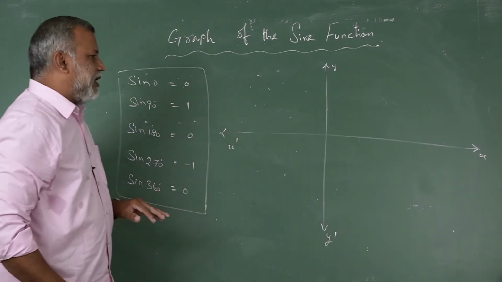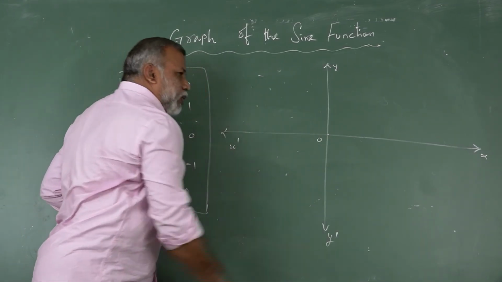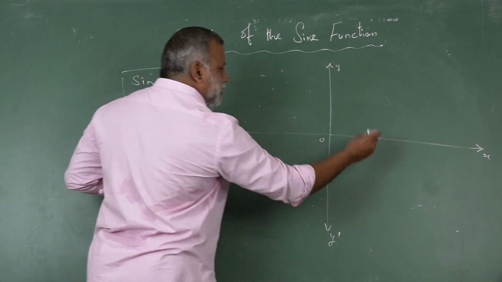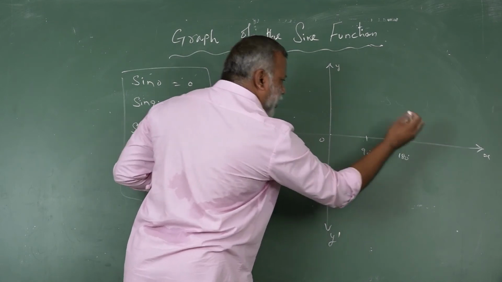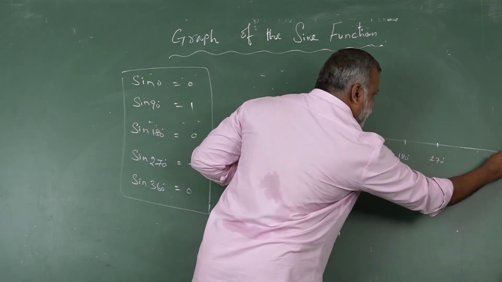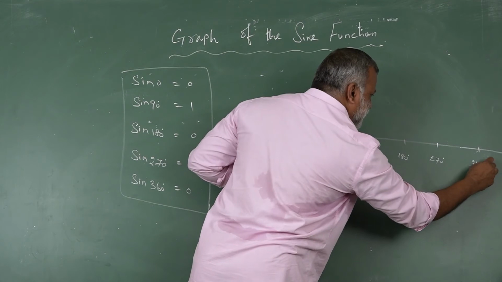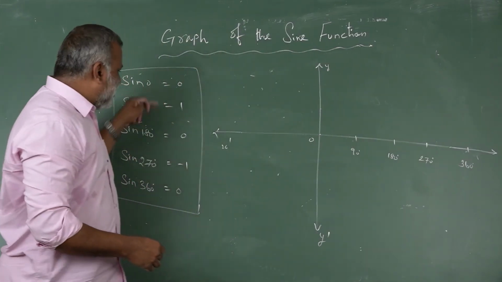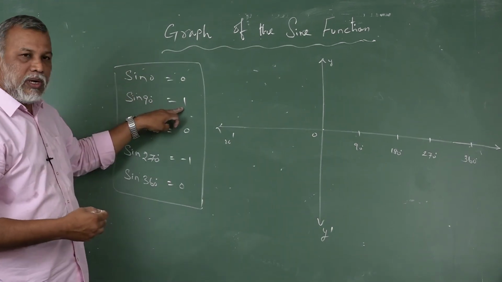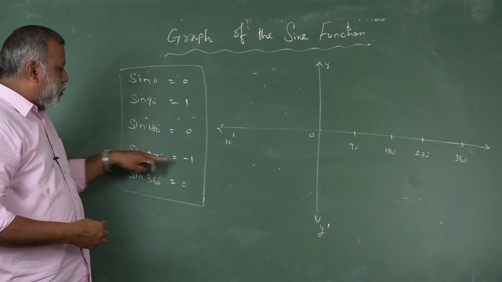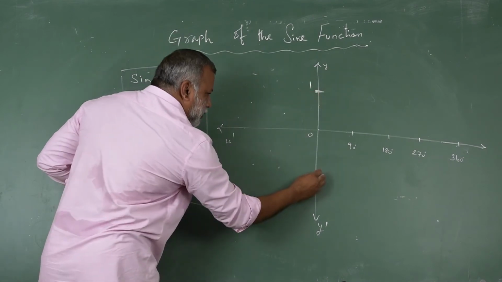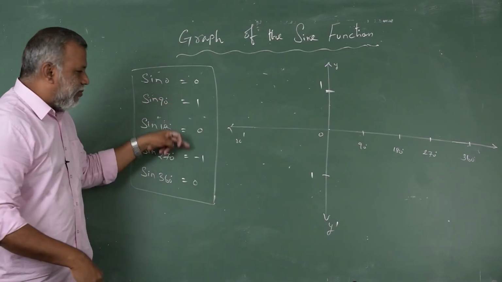just like a normal graph. Consider this is the starting initial 0, then take 90, one plot, 90 gap, again 180, again 270, again take one more 360. Now this sine curve has the maximum value. This is the highest value of sine, sine 90 equal to 1. This is the least value, sine 270 equal to minus 1. Therefore all the values lie between 1 and minus 1 only.